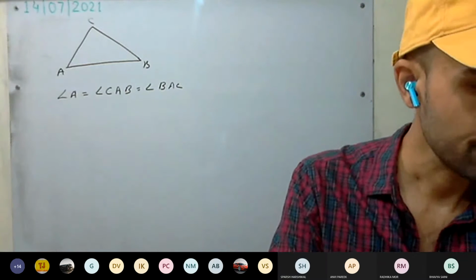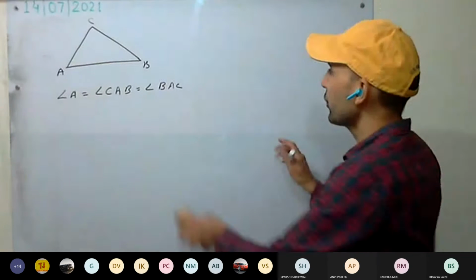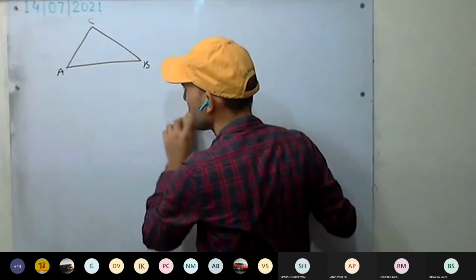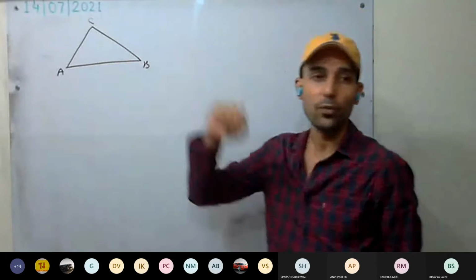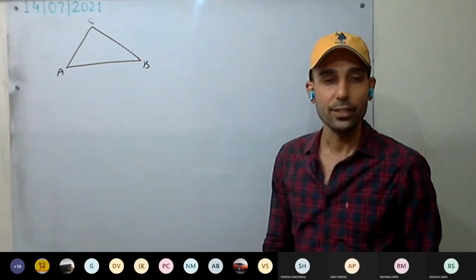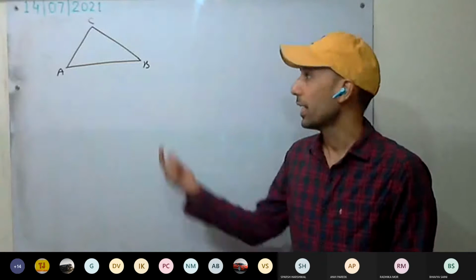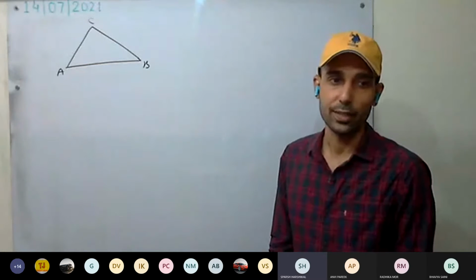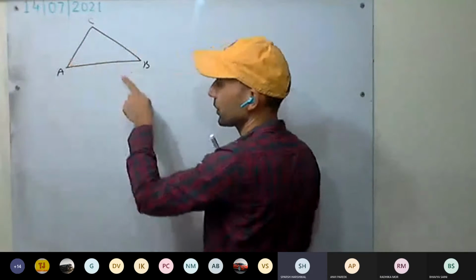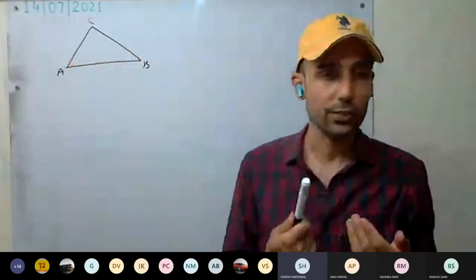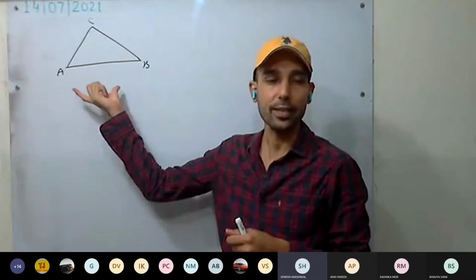So first we will be discussing a little bit. If sides are of different length, angles will be different or the same? If all the 3 sides are different, angles will be different as well. If sides are of different length, it means angles are different. Now just take the converse. If angles are different, sides will be of different length.